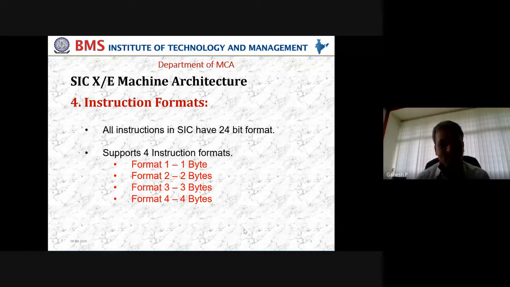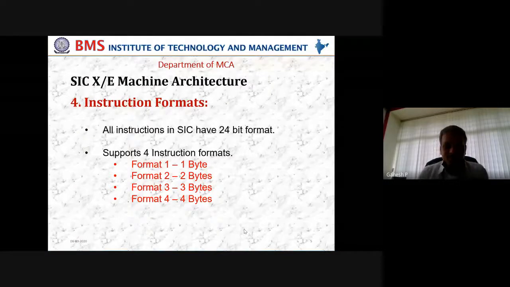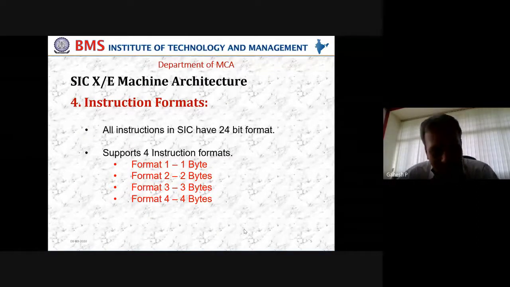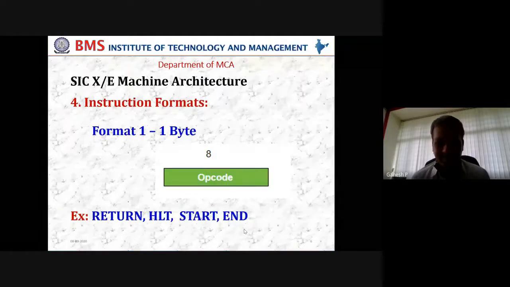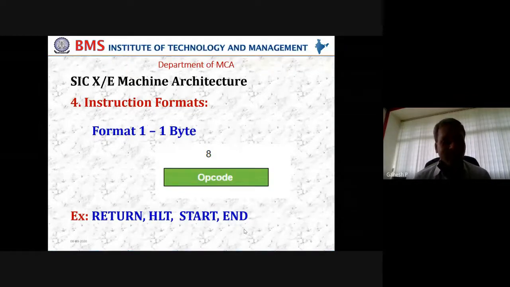Now let us come back to our discussion, which is the SIC-XE instruction formats. We have 4 formats, as you see here. One is a 1 byte format, second a 2 byte format, third a 3 byte format, and the fourth a 4 byte instruction format. Let us see each of them specifically. SIC-XE can have 4 formats of instruction.